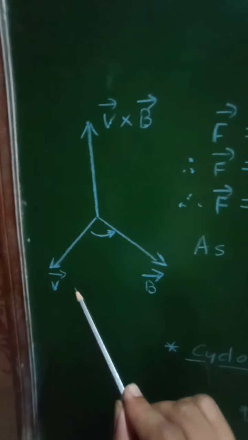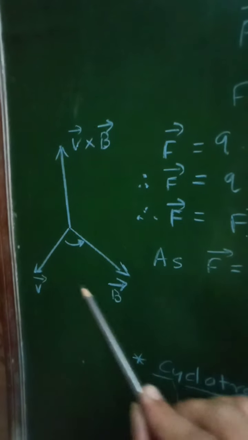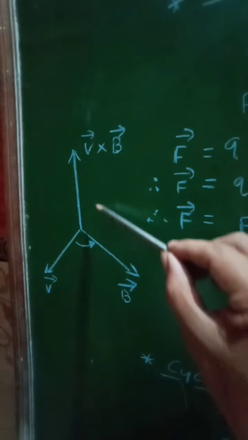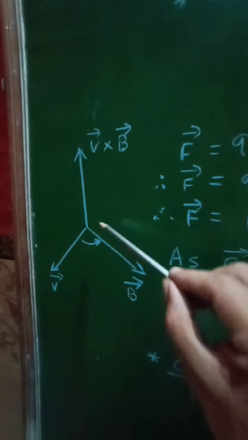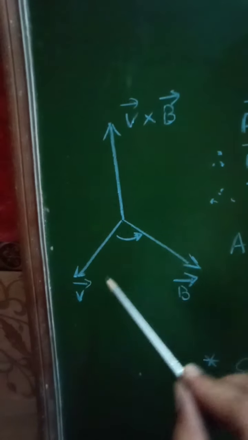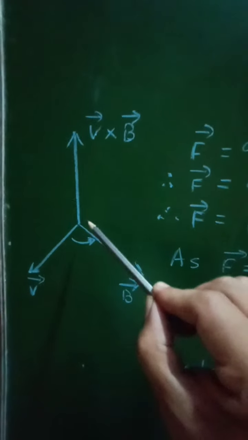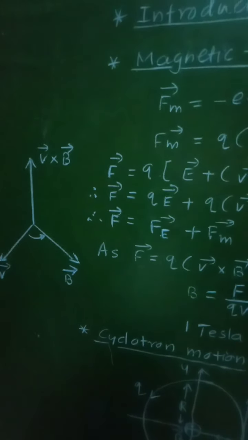And therefore, if you consider the quantities v and B, each will represent one vector. In this case, if you take the cross product, that is v cross B, then it will be perpendicular to the plane containing these two vectors. So the term v cross B will be diagrammatically represented like this. If you take the vector product of v and B, it will be perpendicular to these two vectors which are lying in the same plane.